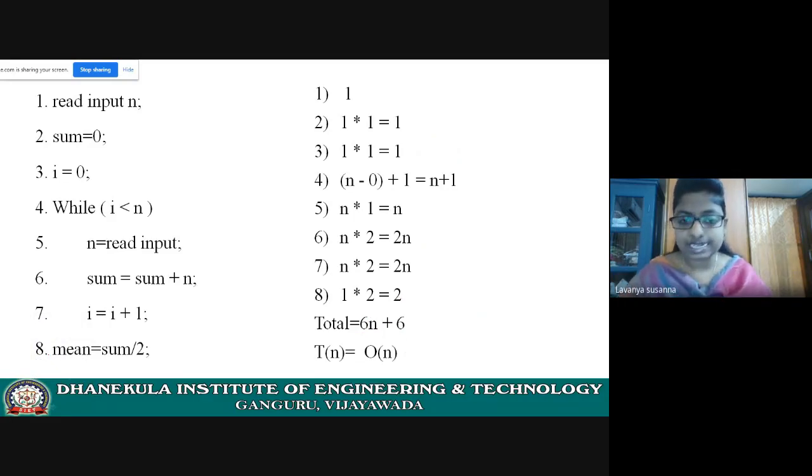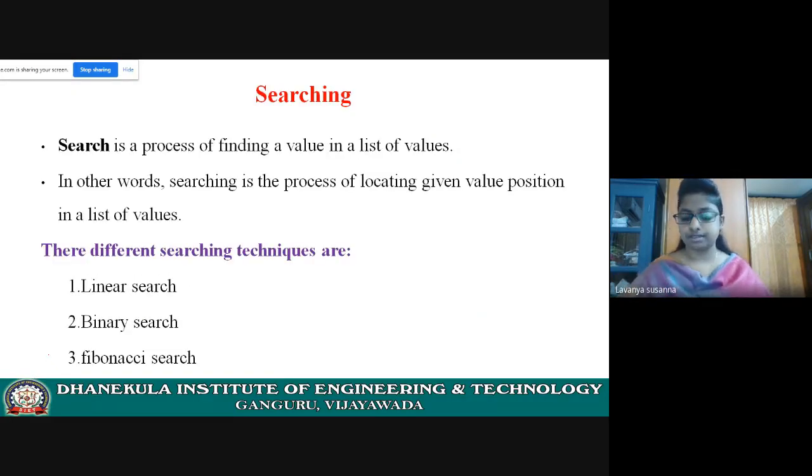Now let us see searching. Keep the heading. I request all the students to write down the notes. You are going to solve the searching problems. Along with me, you need to write. I will explain, and along with me you need to note down. You need to solve this problem. Searching. Keep the heading searching. Write down the definition.